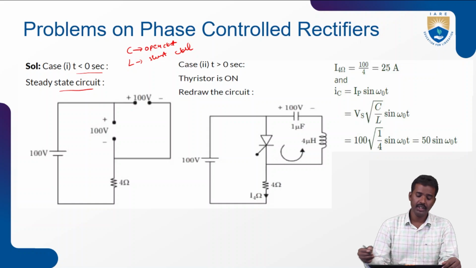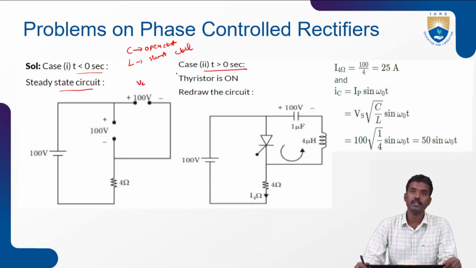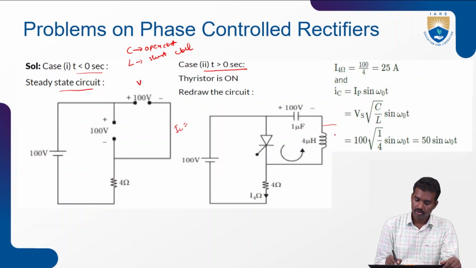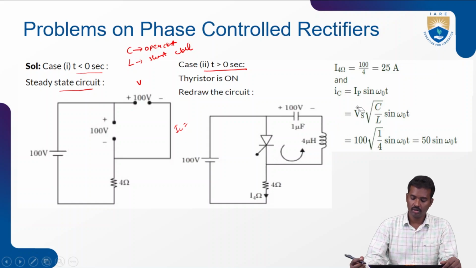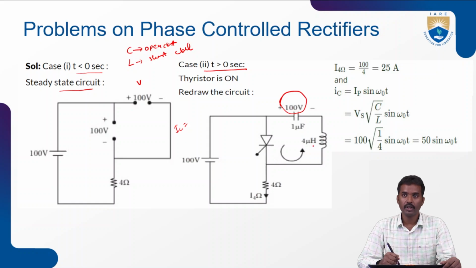And when t is greater than 0, the inductor current IL equals 0. How will it work? The current source in parallel with this one means this current is 0, so no need to cross. Now when t is greater than 0, the open circuit voltage is 100 volts, the parallel current source current is 0, with 4 microhenries and